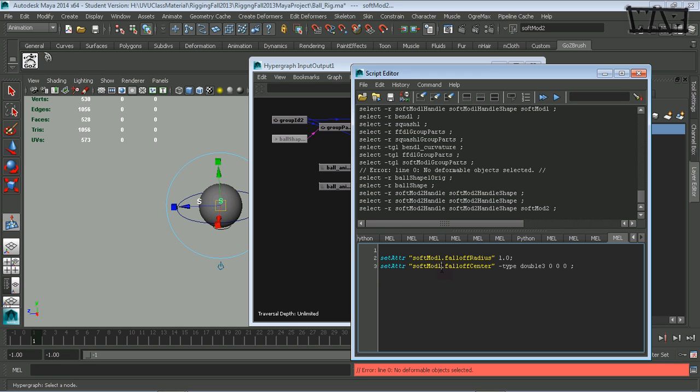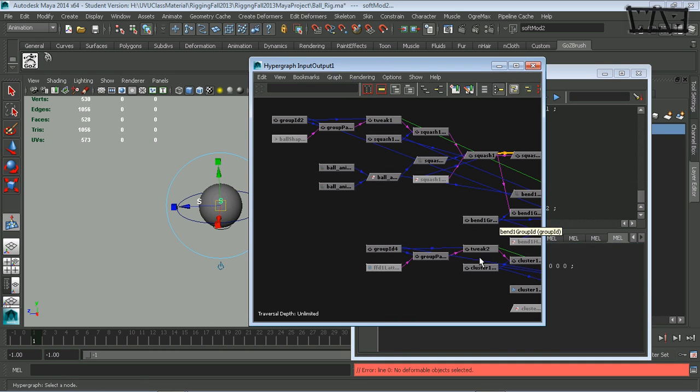So the first part of this is actually the name of a node. Okay, the next part is the name of an attribute on a node. So all we have to do is go to that node,